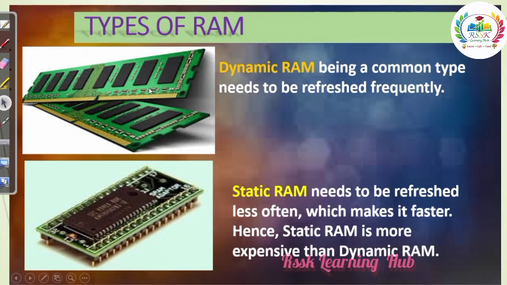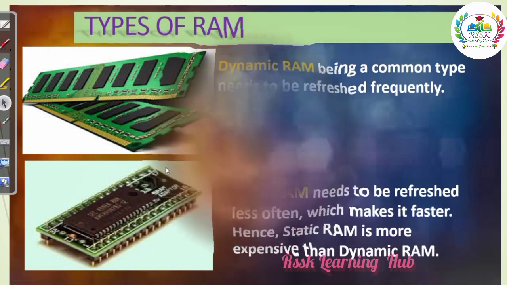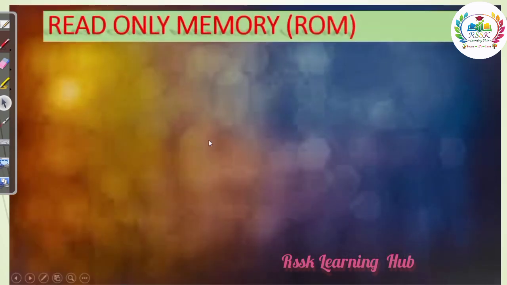Static RAM is shortly represented as SRAM. Similarly, dynamic RAM we represent as DRAM. So DRAM is a type that needs to be refreshed frequently. We have to refresh it often. Okay. Next, we are going to see about